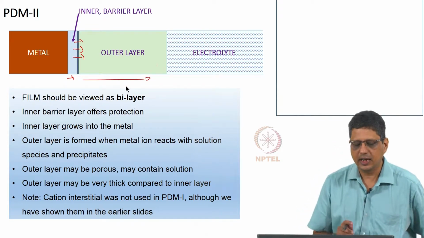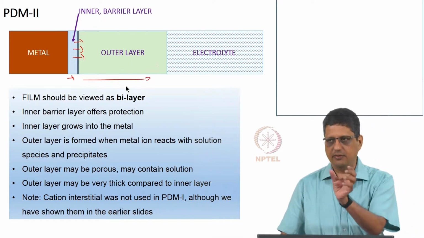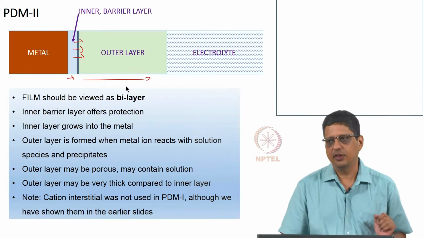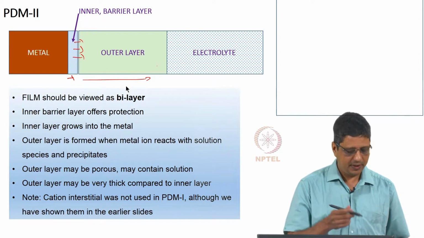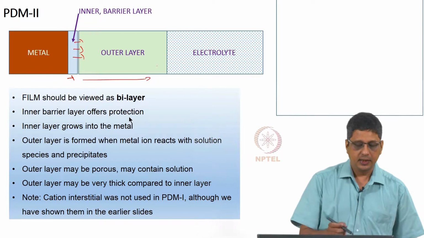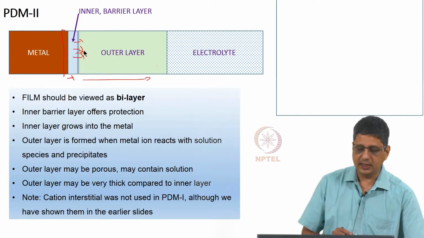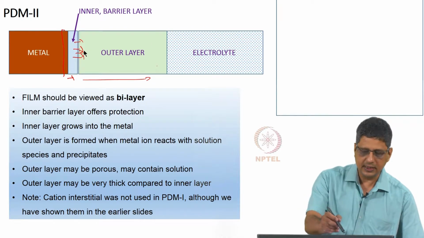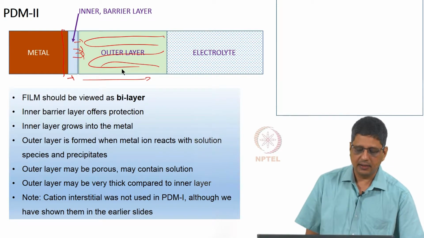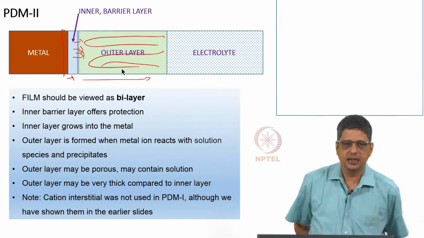So, I have drawn it like this. By the way, everywhere I am not drawing really to scale. When I show a metal and then a film, it is just a pictorial representation, it does not mean you have a thick film there, even in the previous examples. Right. So, in this case the inner barrier offers protection, and this layer grows into the metal, and when the cations are ejected out, they react with the solution species, which means this is likely to be porous. The outer layer may be porous, it may contain solution and may be very thick compared to this inner layer,